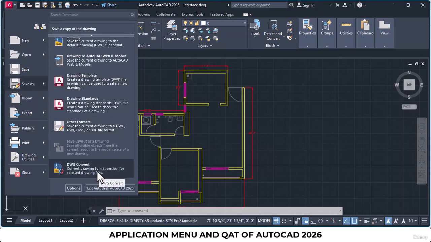So right now we are working in AutoCAD 2026. If we want to open the same file in an older version of AutoCAD, then we have to use this option of DWG convert and select the version of AutoCAD in which we would like to open it and save it in that old format.